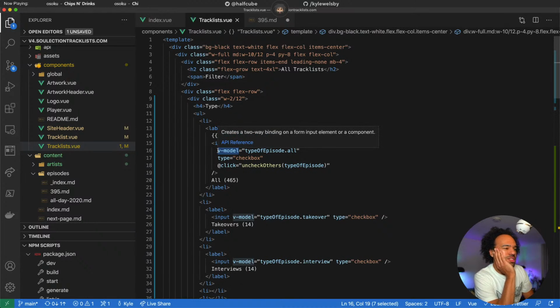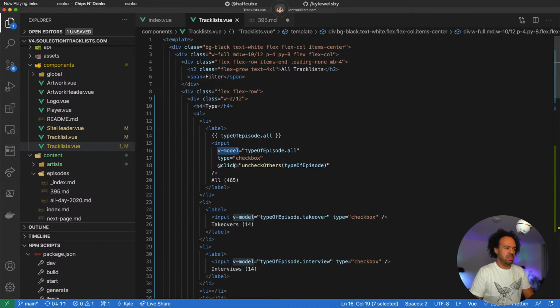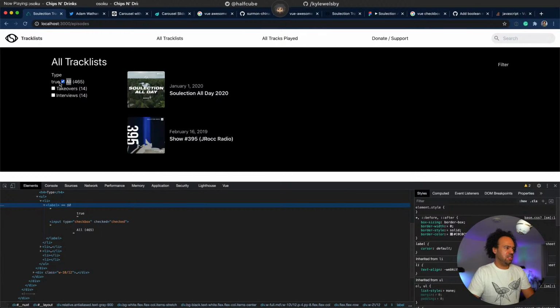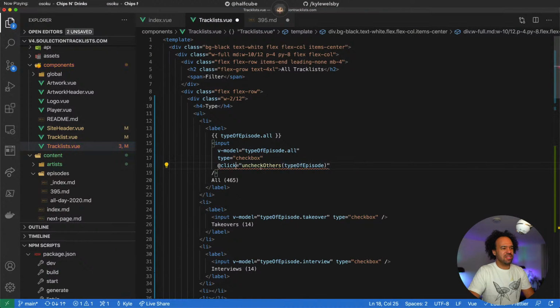Maybe I'm doing it completely wrong. Let's do that prevent again, because it was kind of stopping that and allowing our code to handle itself. It really, really does not want to do it.